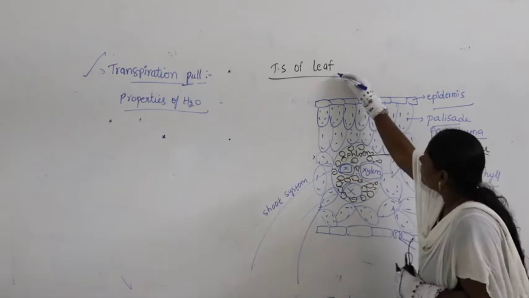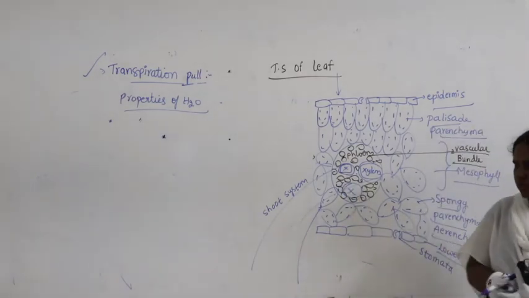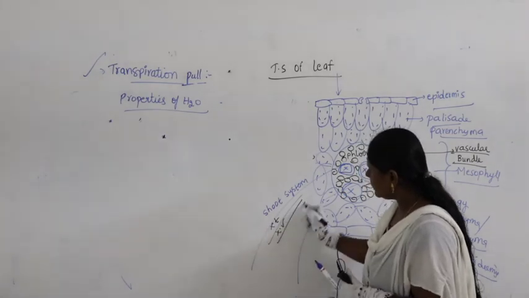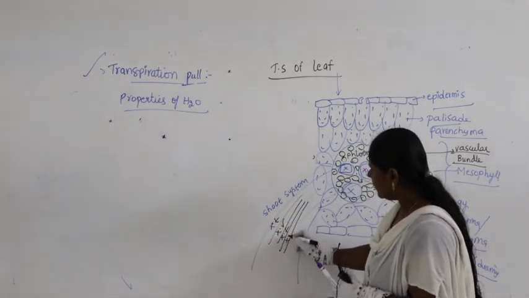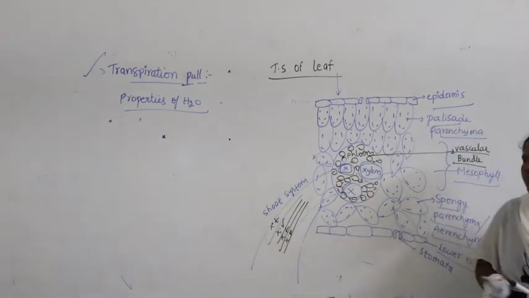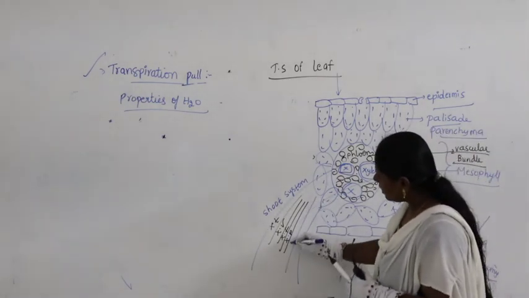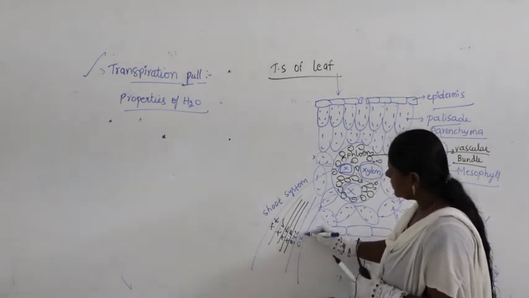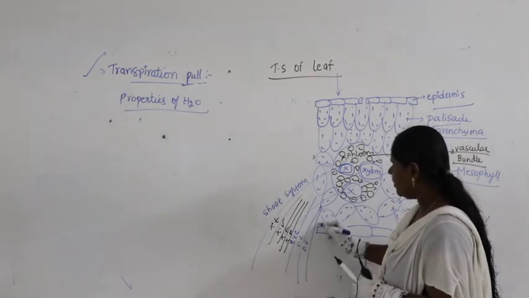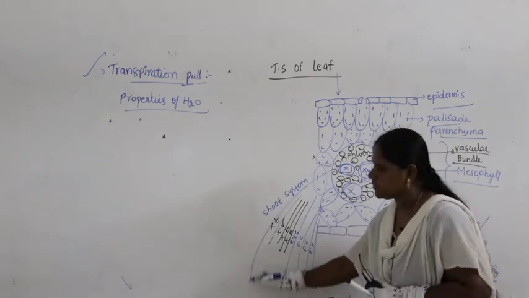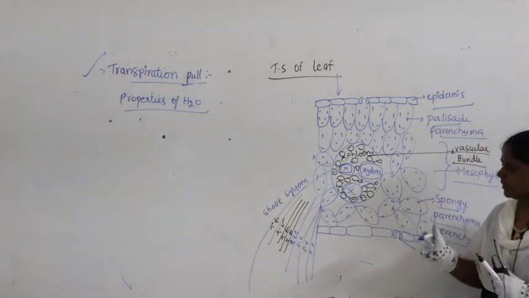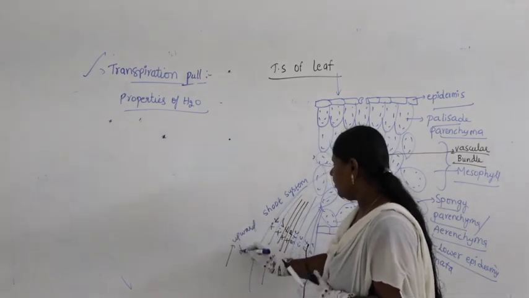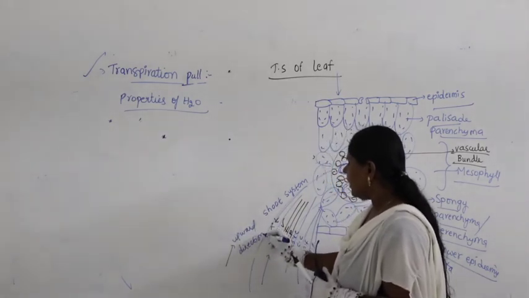Okay, this we are talking about the leaf. This is the leaf. It has been connected to the shoot system. Now in the shoot system, you know, xylem tracheids are there, xylem vessels, xylem fibers, xylem parenchyma. Similarly, phloem also has 4 components: sieve tube elements, companion cells, phloem fiber, phloem parenchyma. This is the shoot system. So when water is moving in an upward direction, what happens?